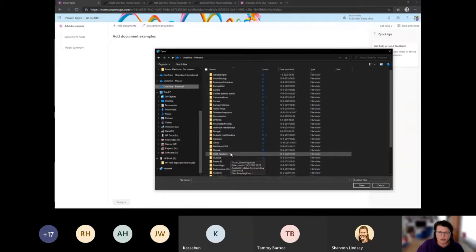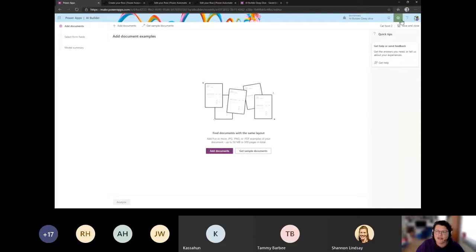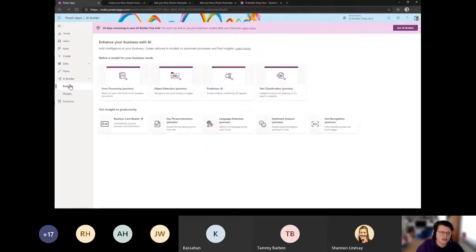I am on the wrong computer and I don't have my demo data in here. So let's have a look if I can show you one of the existing models.